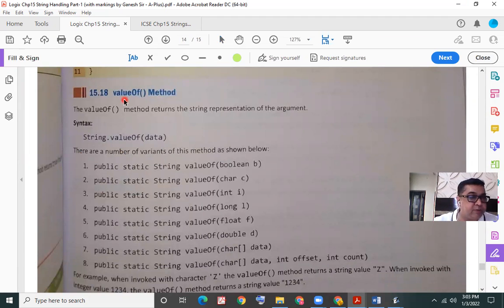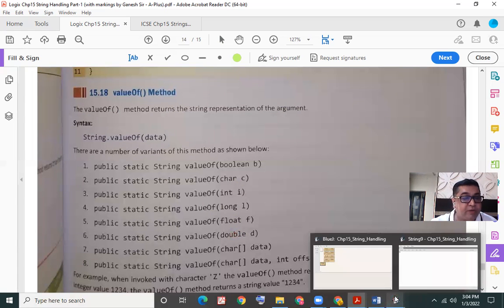What is the purpose of this method? Please read. The purpose of this valueOf method is it returns a string representation of the argument. Means whatever value you provide to it, it converts it to string. In short, the purpose is to convert any type, maybe boolean to string, or character to string, or integer to string, or a long value or a float can be converted into a string value.